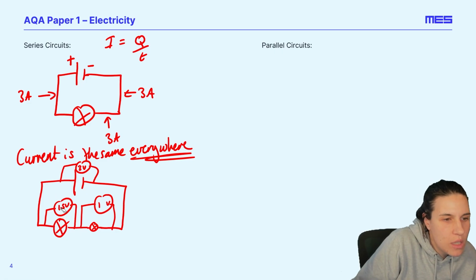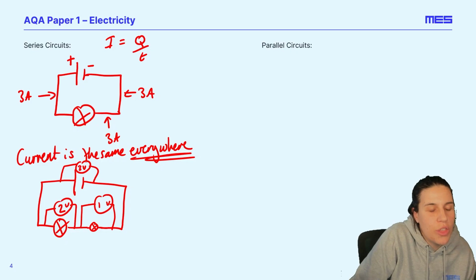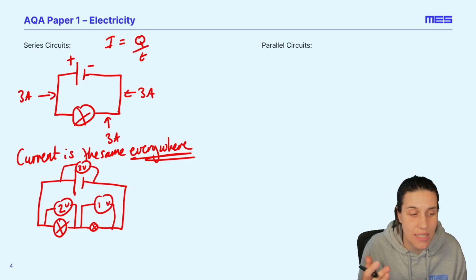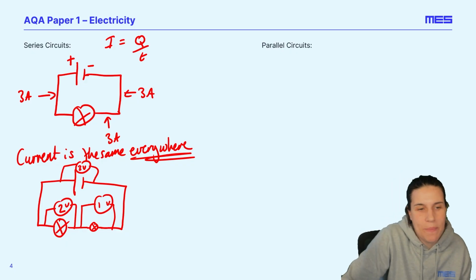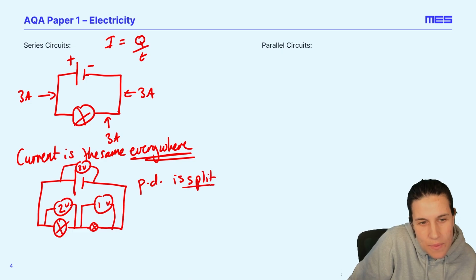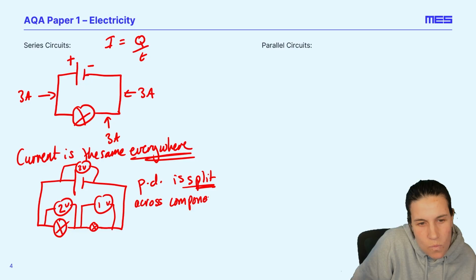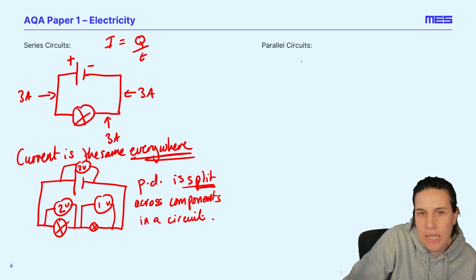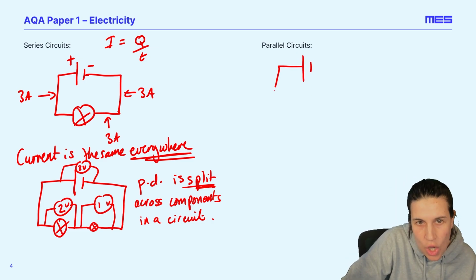1 volt and 2 volts. But it's still all got to add up to 3 volts. The electrons have got to get rid of all their energy as they go through this circuit. They've got to have given away all their energy. So we say that the potential difference is split across the components in a circuit. So let's talk about parallel circuits now, because in parallel circuits, we've got multiple pathways for my